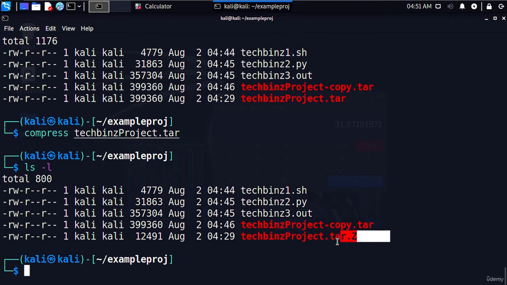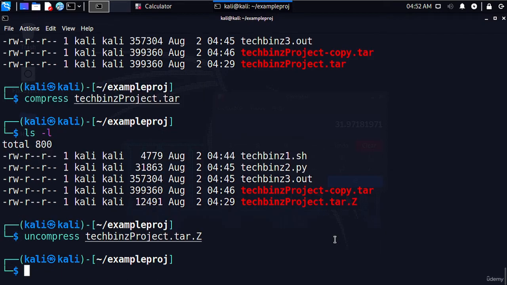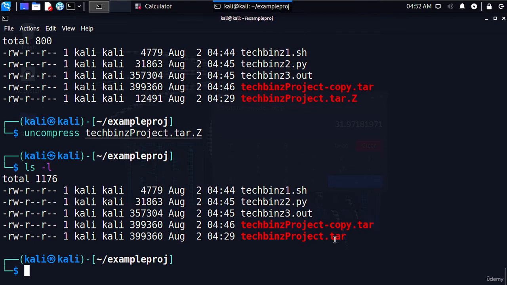So to decompress the same file, you just use uncompress here, and your file name TechBeans project.Z here, and ls -l here. So you can also use the gnu unzip command with files that have been compressed with the compress command here. Just keep in mind, we can create bit by bit or physical copies of the storage devices as